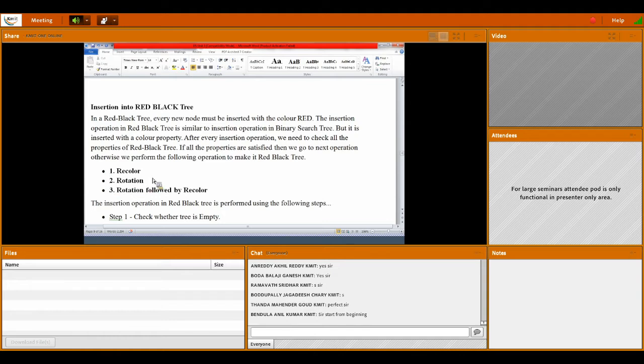You have to do these three operations. What are those three? Recoloring, rotation, and rotation followed by recoloring.